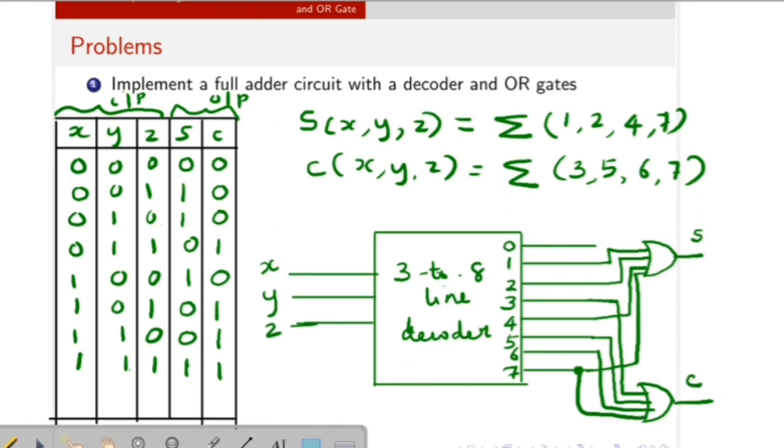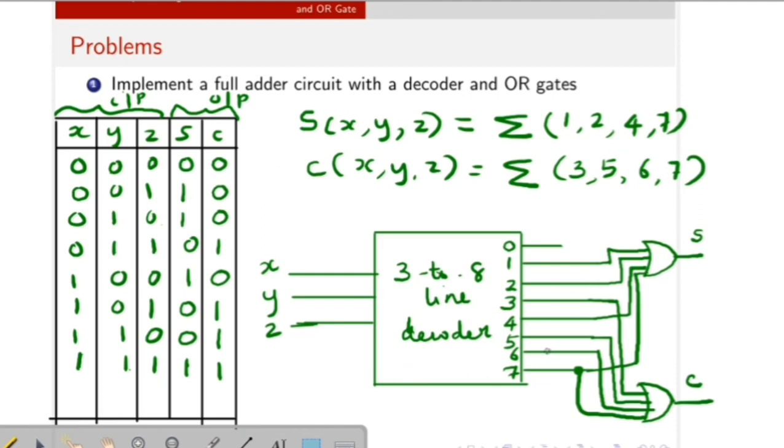So this is the logic circuit diagram for the full adder using a 3 to 8 line decoder and OR gates. We select the minterms from the decoder outputs and OR those minterms to get the full adder outputs. Clear? So this is how we can implement a combinational circuit using a decoder and OR gate.